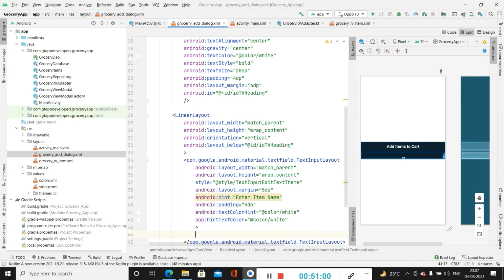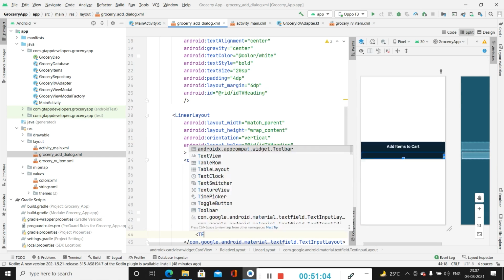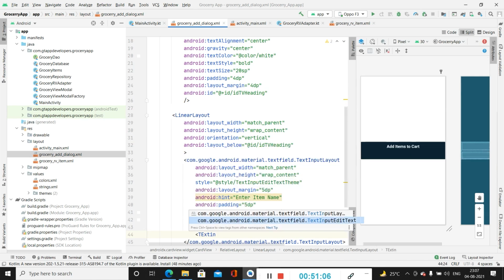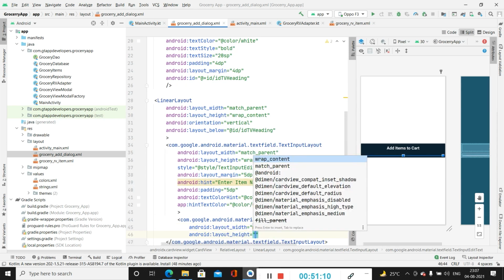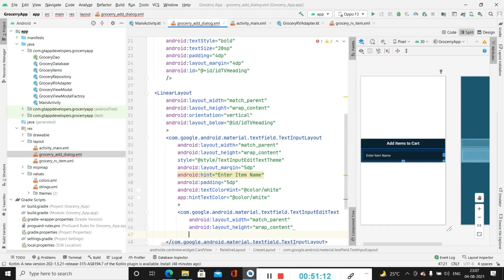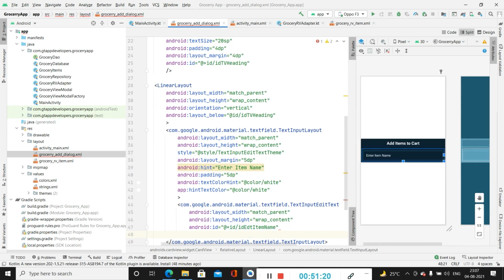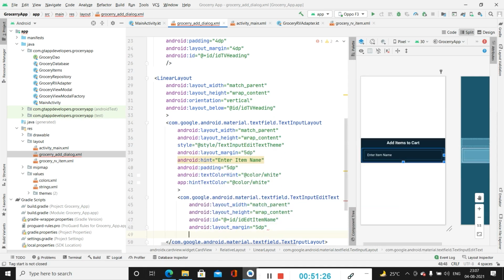Now inside this we will be creating our text input edit text. So for that we will be creating our text input edit text, this one, and then specify width as match parent, height as wrap content. Now here we will specify id as item name. Then we will add a margin as 5 dp.